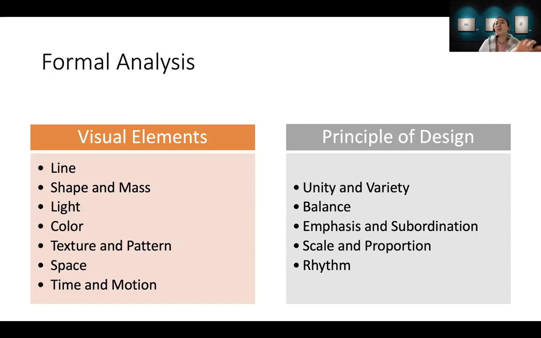So when you see a work of art, you will find all these factors, and they have to make sense. You cannot just say, oh, there is a line. So what kind of line? We learned lots of line factors, right? You have to mention specifically the line factors in a work of art, for example.